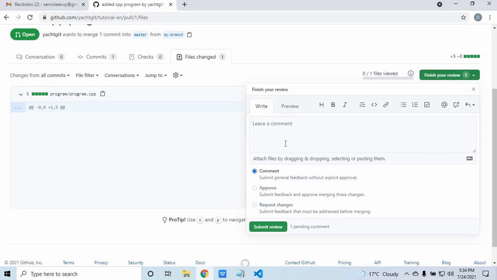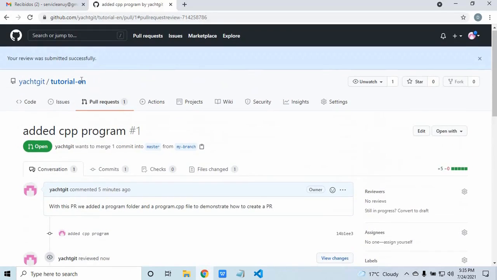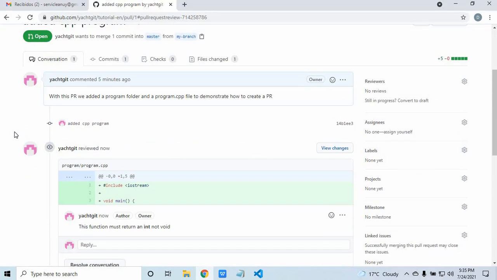In this case, the approve and request changes options are not enabled because this is the same user that created that pull request, and in GitHub usually the same user that created the pull request won't be able to approve or request changes because that doesn't make any sense. But another reviewer can always approve or request changes to the pull request. In this case, let's just comment this,